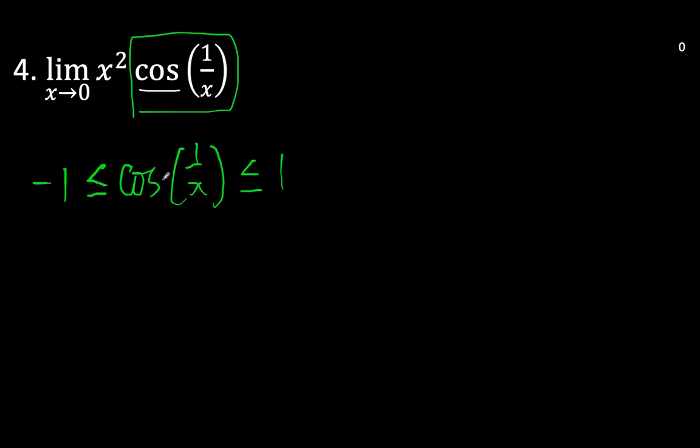Okay, so let's work on this again. We need to express the middle expression in terms of the given problem. So we lack x squared, so we can multiply all of the terms by x squared. So x squared cosine of 1 over x